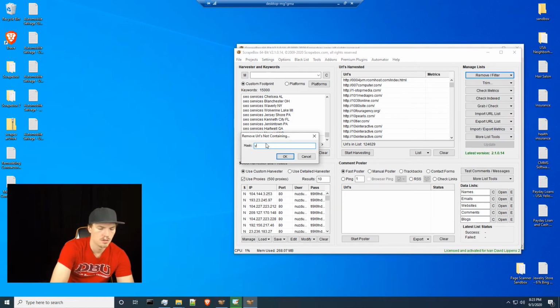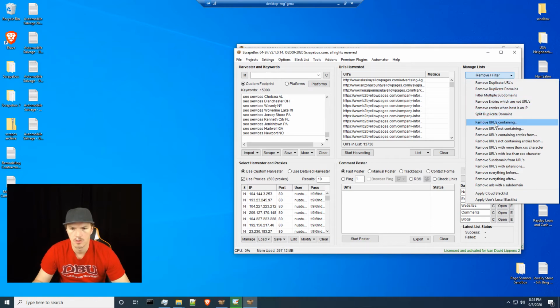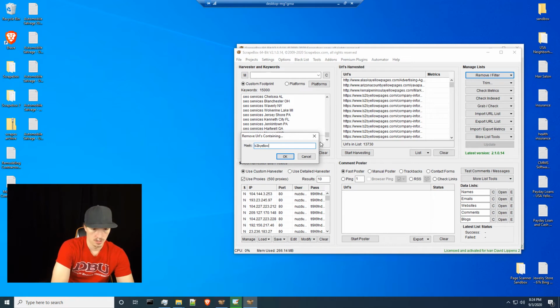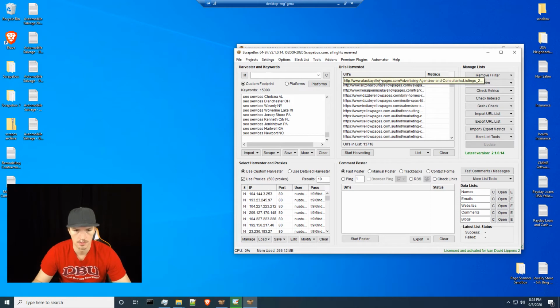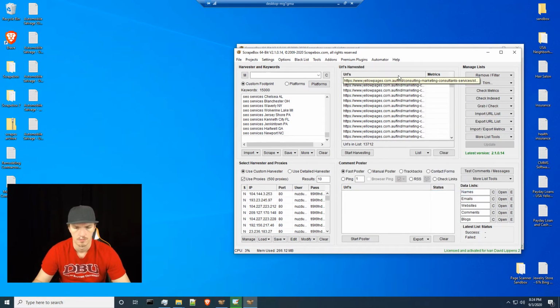Not containing yellowpages.com. Okay. Let's remove URLs containing B2B yellowpages.com. Excuse me. I want to remove these whack Yellow Pages URLs. I'm not really interested in those. Remove selected. I also don't want any of these whack